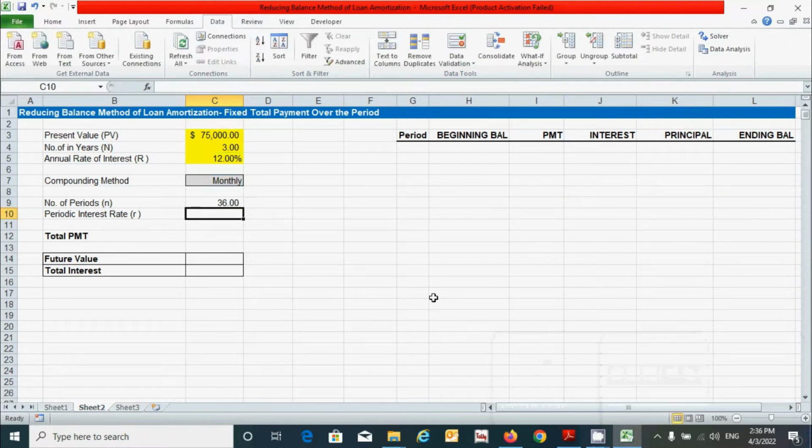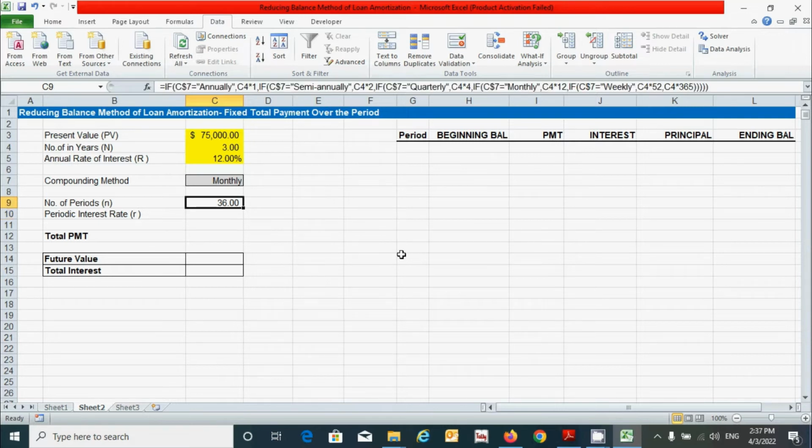Alright, now let's calculate the periodic interest rate. It can be calculated the same way as the number of periods. We just change the arithmetic sign from multiplication to division, and change the cell reference from number of years to annual rate of interest. First copy this by pressing Ctrl C, click here, and press Ctrl V to paste it.